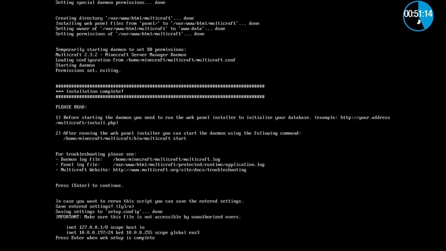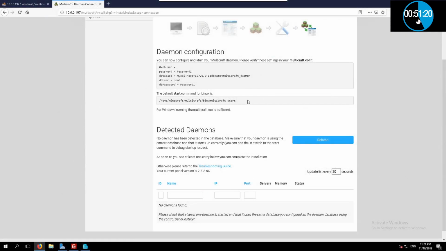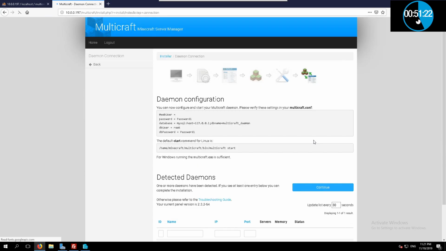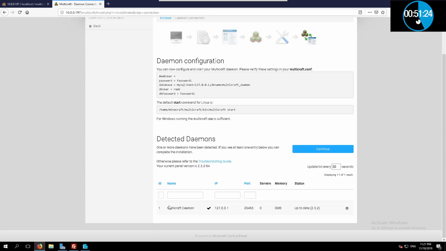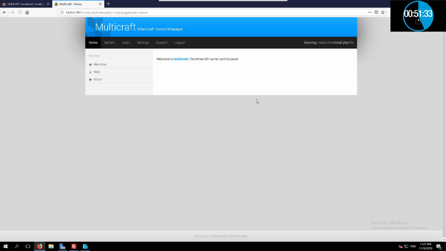You have to press enter, and then it says return to the web again. So all you have to do now is go refresh. You can see the daemon was picked up, the actual thing that runs it. So then you go continue to Multicraft. Okay, and then Multicraft is now installed. So it wants you to delete the install.php file. So if you go back to the main install,